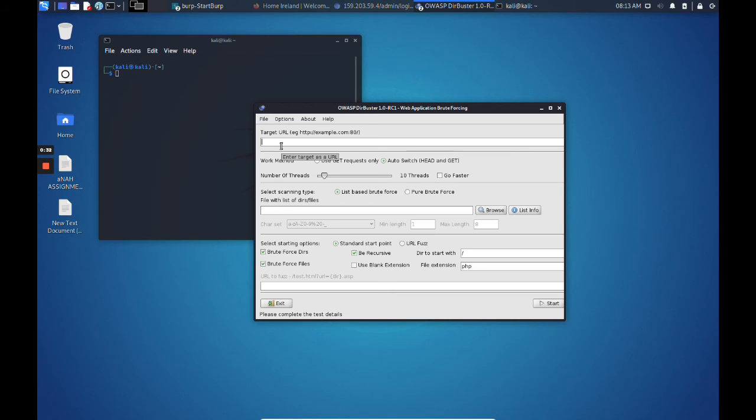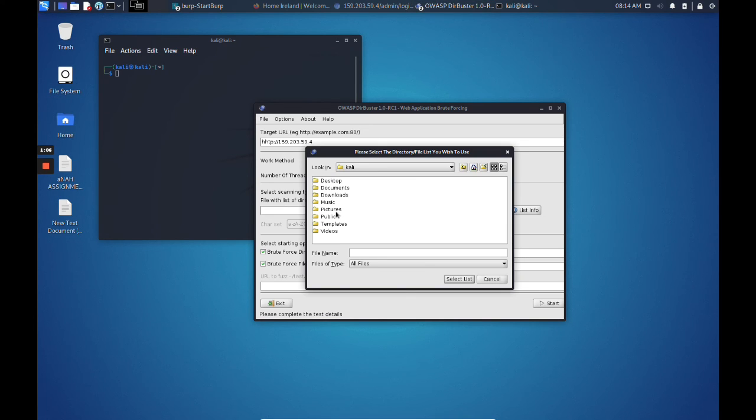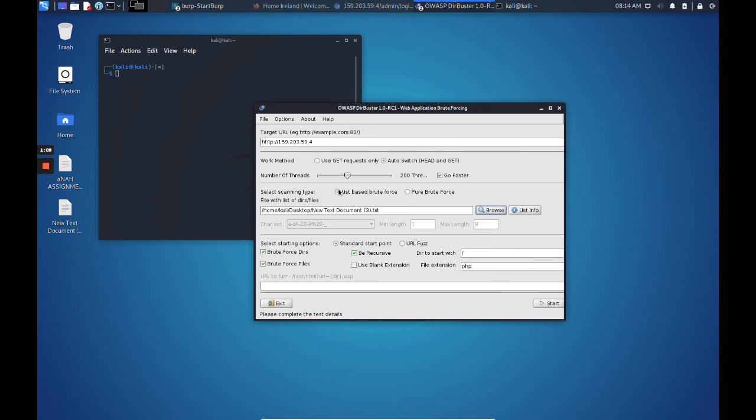Let's start with it. Firstly, just put the IP address of the website which we have to attack, and after this we use auto switch and make the threads 200 just to make it faster. It's going to 100, it's fine, we'll go faster. It's 200, it's fine. Listed brute force, right? Search file lists of directory files, like all the sub files you want to search from the directory list. For that I have a sample file which is over here. I just added this. Let me show you guys.